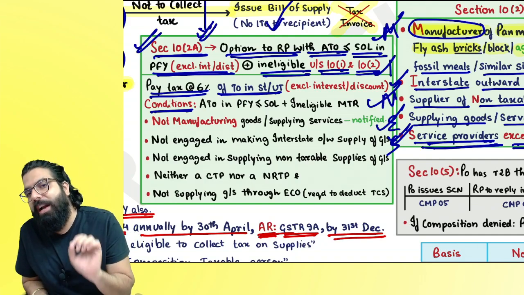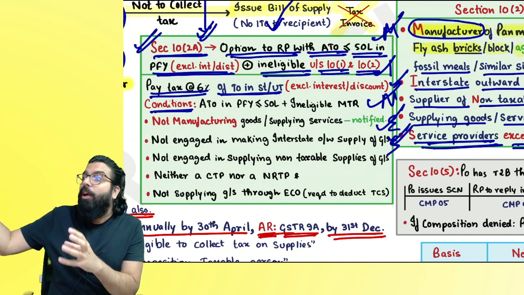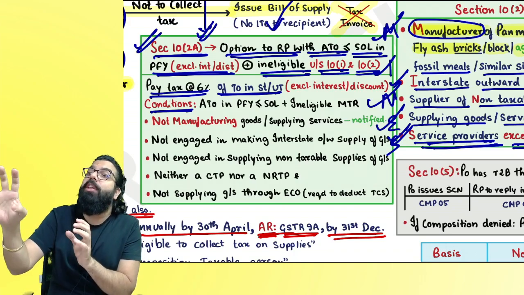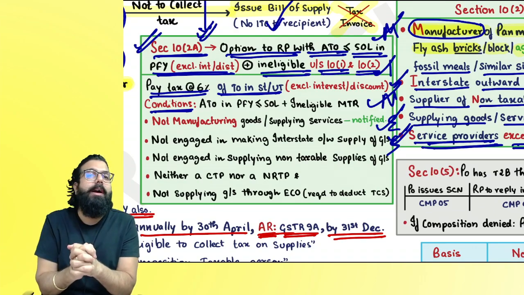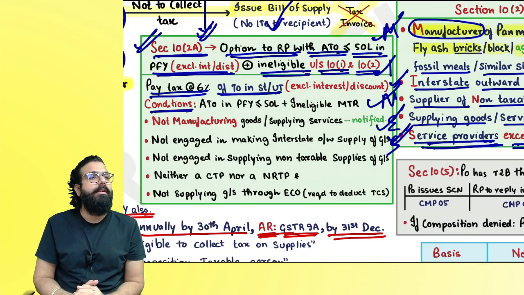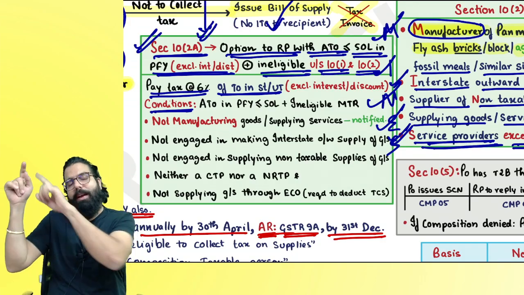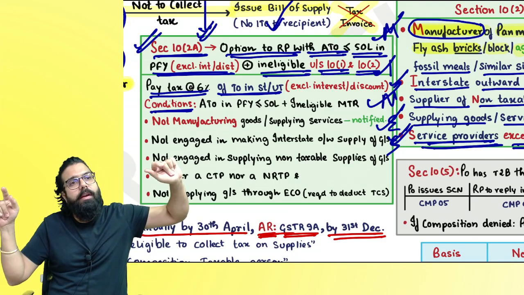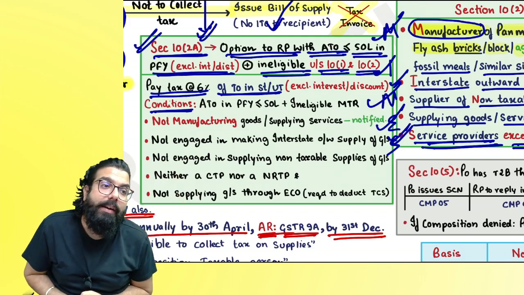Basically, this scheme was created for service providers, or those people who are manufacturers and also provide services of more than 10% or 5 lakh, whichever is higher. So for those people, the government went ahead and created this 10.2A. Last year's turnover up to 50 lakh, current financial year up to a turnover of 50 lakh, you can go ahead and pay tax at the rate